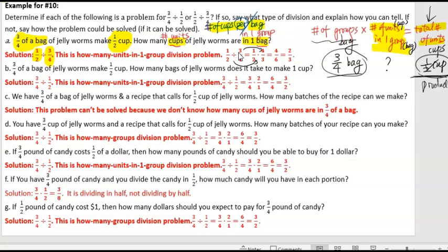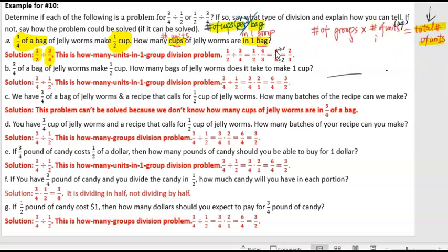We multiply straight across, which is 1 times 4 is 4, 2 times 3 is 6. And we can also use what we learned in chapter 2. We can reduce the fraction down to 2/3. Okay, so that's the first question. Now let's look at the second question. So the second question says,